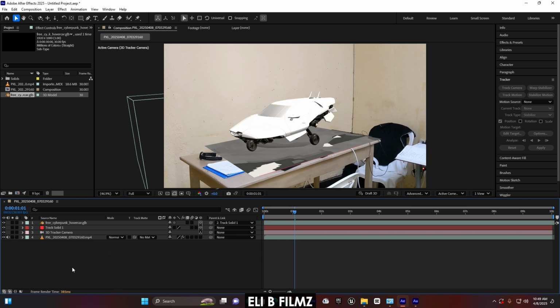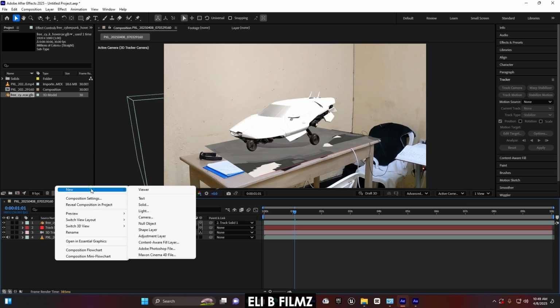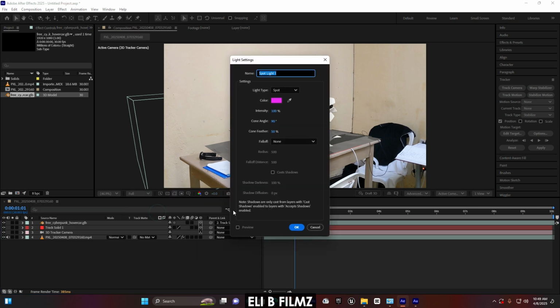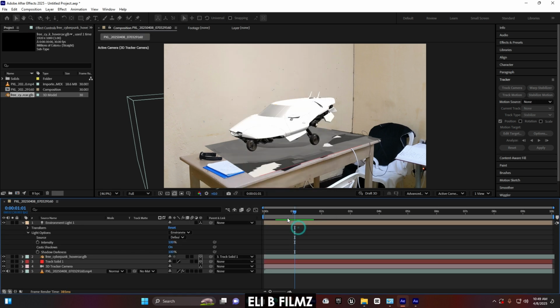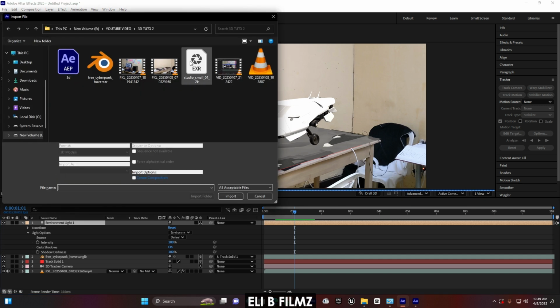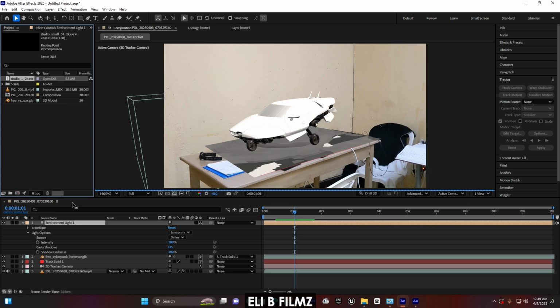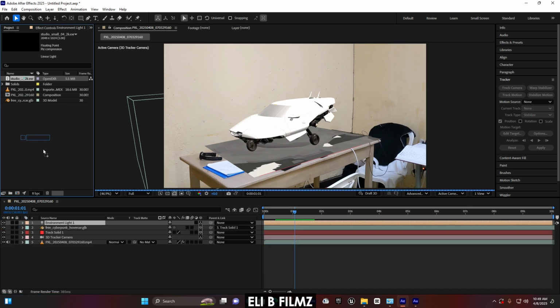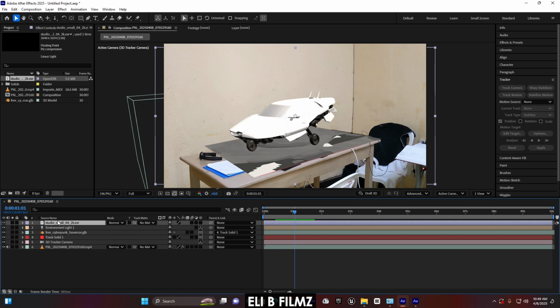So now you have to right click and then go here, then click light, because first we're going to create the light. Then you have to enable this cast shadow. First let me choose the environment, and then you enable this cast shadow, and then you press OK. And I'm going to import my environment, sorry, my HDRI, Control plus I, and then you have to import this HDRI, and then you have to move it down here on this timeline,